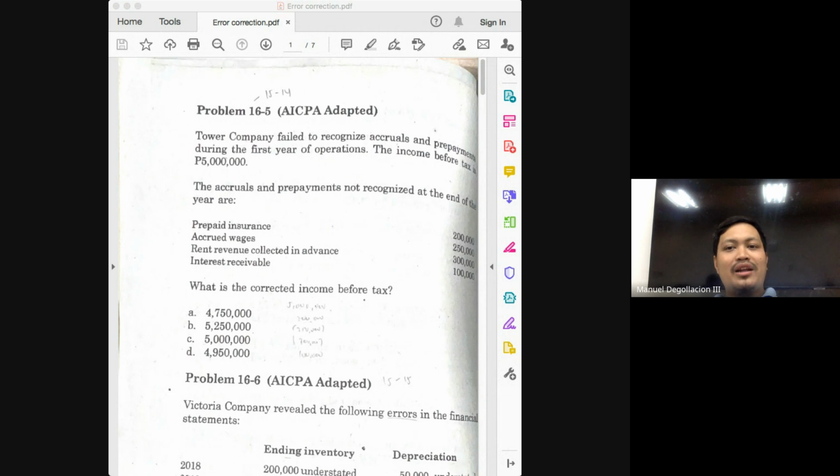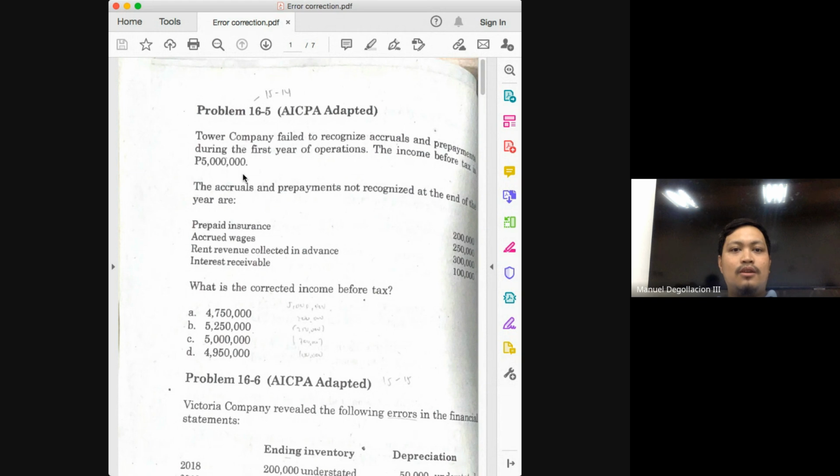Okay. So how do you correct an understatement? It should not be difficult for us, class. Accounting students have the reputation of being good with analysis, class. And that is what this topic demands from you, to analyze, class. Okay. So we have already figured out that by our failure to record the prepaid insurance, we failed to adjust our insurance expense to reduce it to the correct amount. And with that, our insurance expense that was included in the computation of your net income was overstated. And if your expense is overstated, that would mean that your net income is understated.